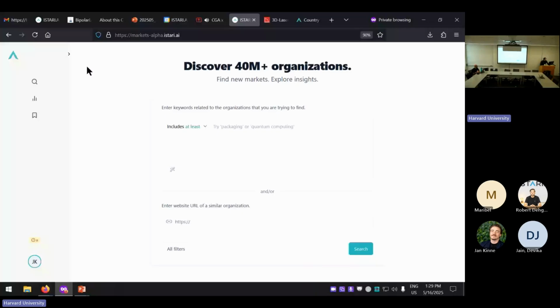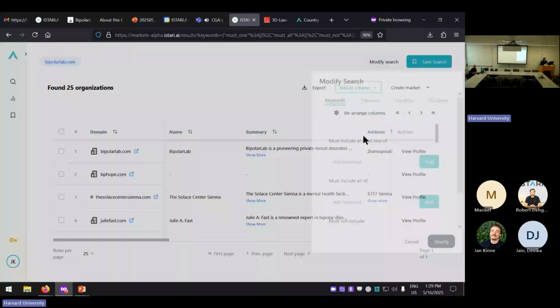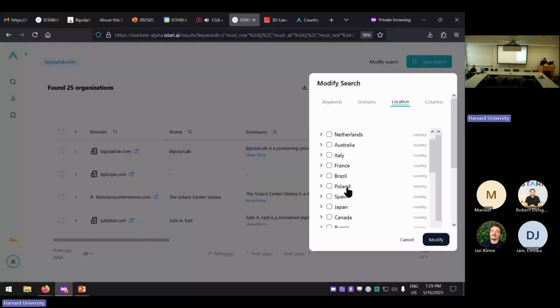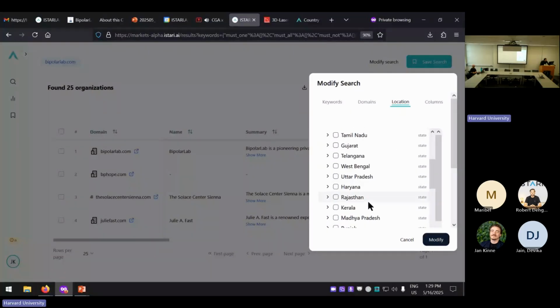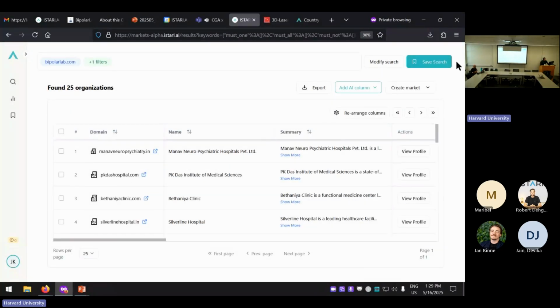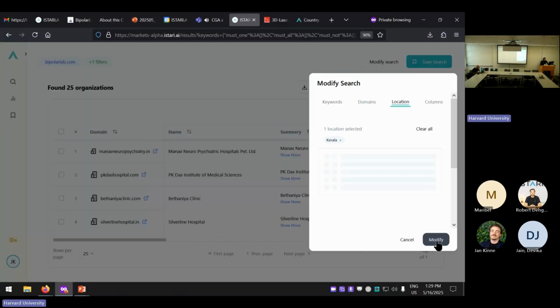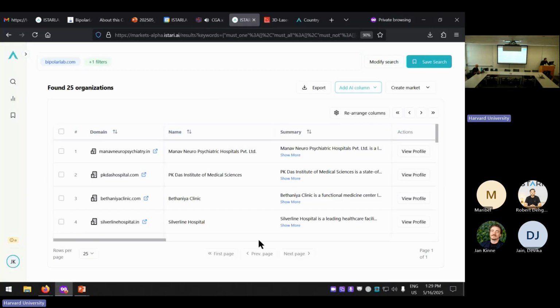We use Bipolar Lab. We found them and we said, hey, that's a good hit. We can use this as a reference. And here the location filter should work. Let's have a quick look. So let's see. Let's find any good results. Okay, so we have